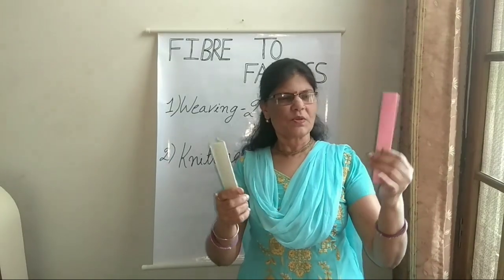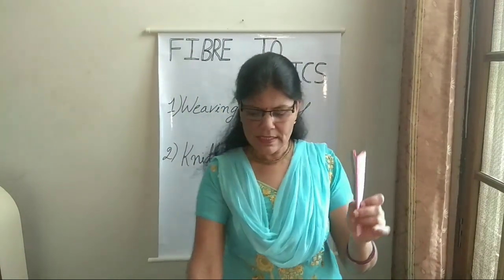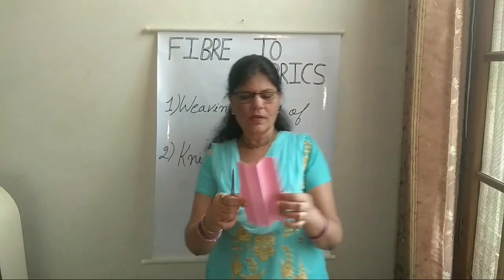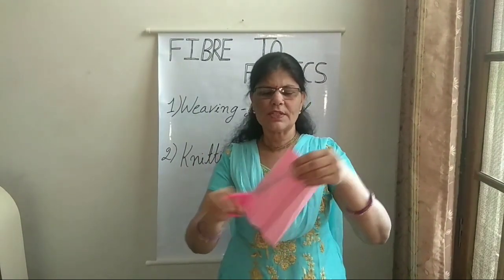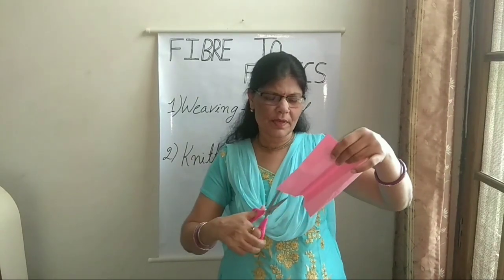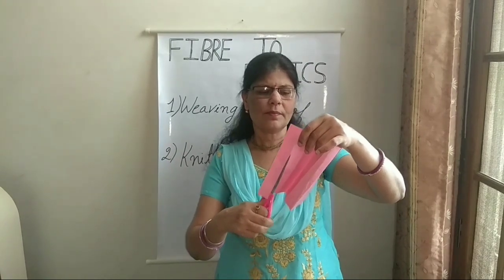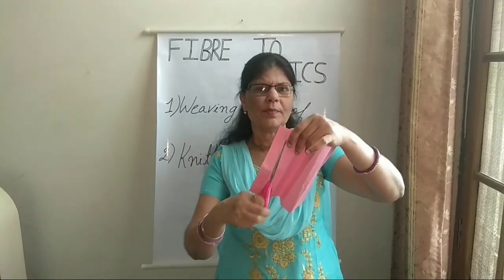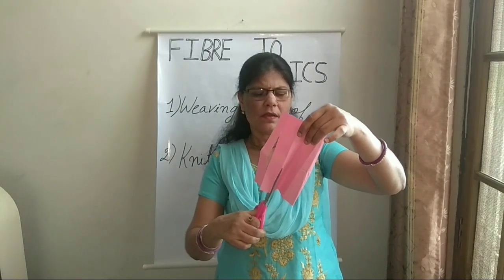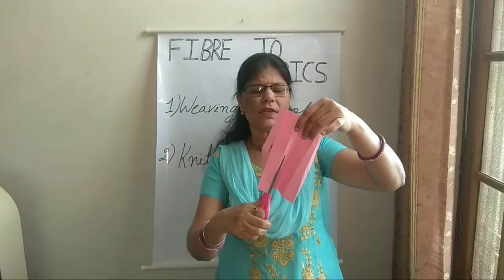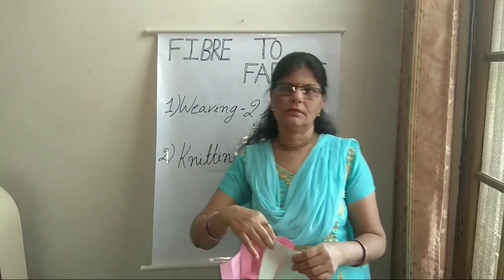Okay children, I have folded both the papers like this. Now we have to start cutting these papers on the folds. First you unfold the paper like this, and on these folds you start cutting, both the papers like this. You don't have to cut the whole paper. You have to leave some space, around 1 centimeter above.